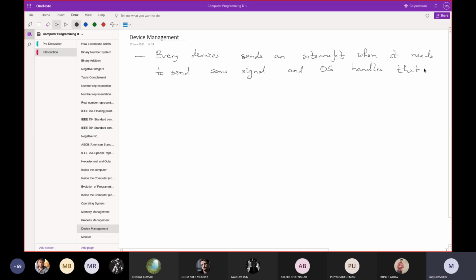Now think about it. Touchpad, keyboard, they are very common devices, right? So the OS writer knows that these particular gestures can appear, these particular types of interrupts can appear from mouse, from touchpad, or when the monitor will write something on the screen, this particular interrupt the monitor can send. OS writers know them.